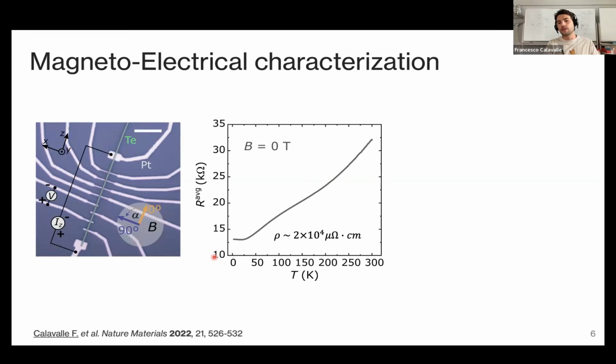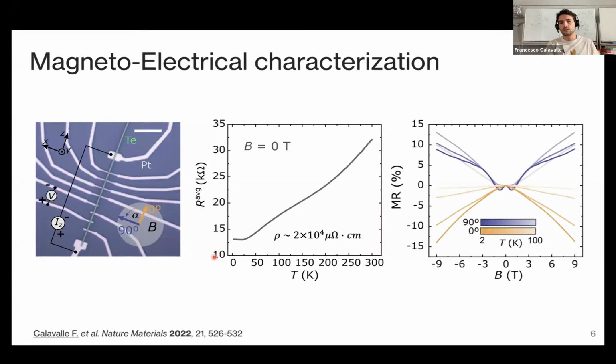And this is well known because tellurium gets self-doped by the presence of atomic vacancies in the crystal. So we are basically with the Fermi energy inside of the valence band of the material. Moreover, we observed also that we have a peculiar magnetoresistance, which changes a lot when the magnetic field is applied perpendicularly or parallel to the chiral axis. We have a positive magnetoresistance in one case and a negative one in the other.